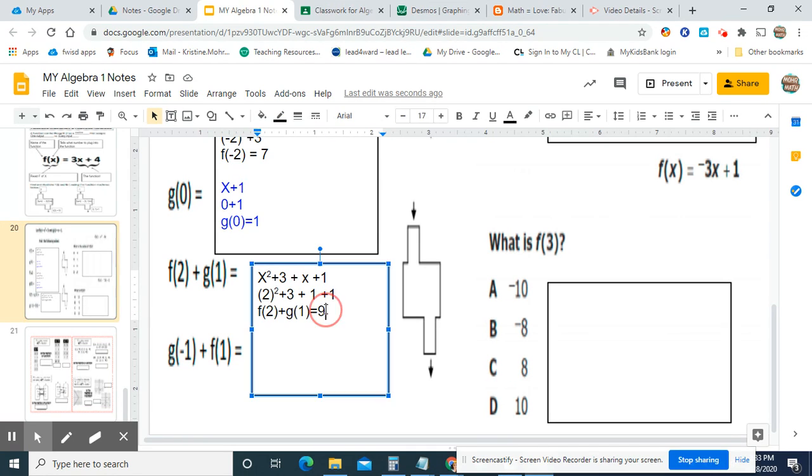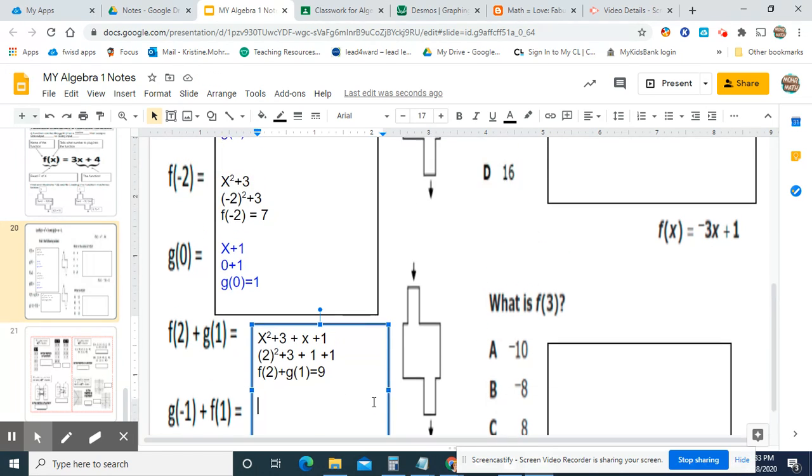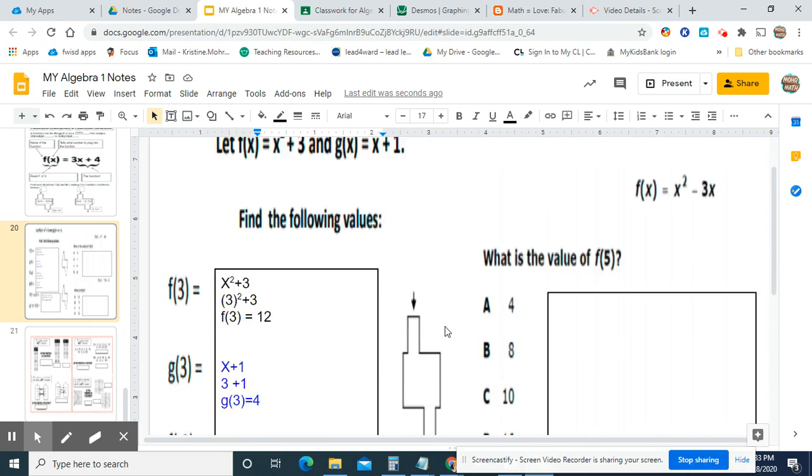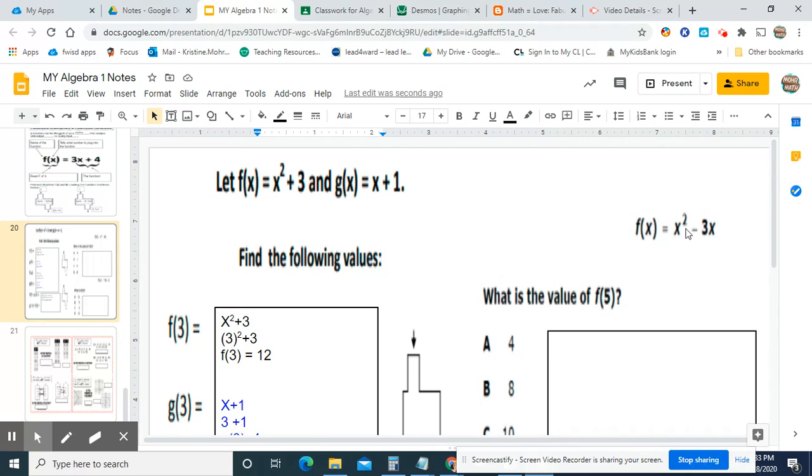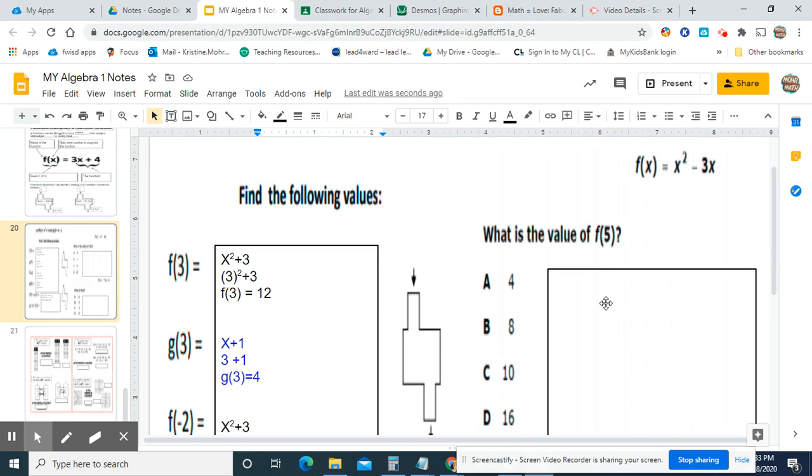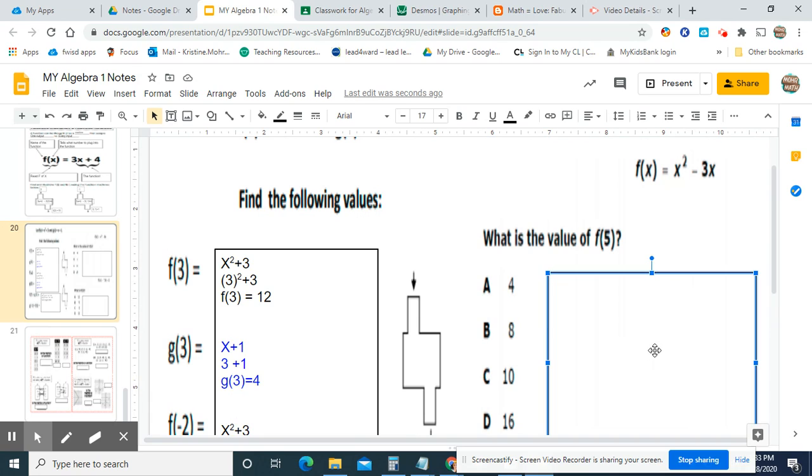Then your example here, g of -1 plus f of 1, you're going to do the same thing. This video is already getting kind of long, so we're going to skip that. Most of your work is going to be just like this. So if we have our example here, f of x equals x squared minus 3x, what is the value of f of 5? So we have